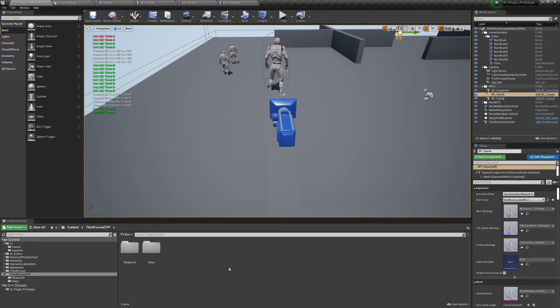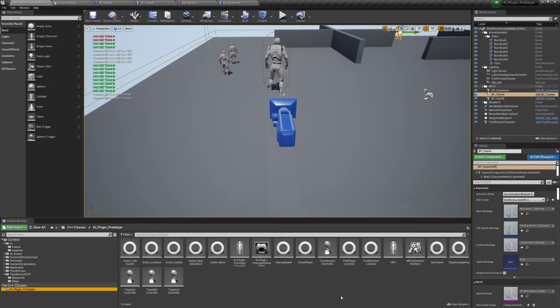Here in the editor, we have the classes and things I created, right? So this is a task, this is a task, which I'm actually going to delete this one. I didn't use it. The animation interface, I'm not exactly certain why. I was just following a tutorial for that, and it said make the animation interface, but I don't think I actually need it because I'm just calling the montages. I might need it. I don't know.